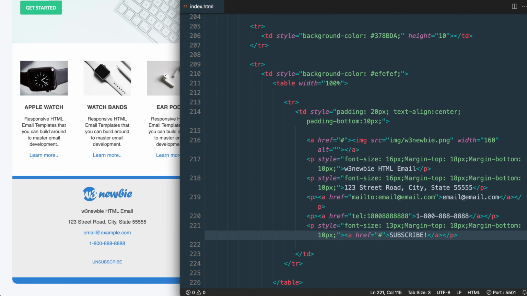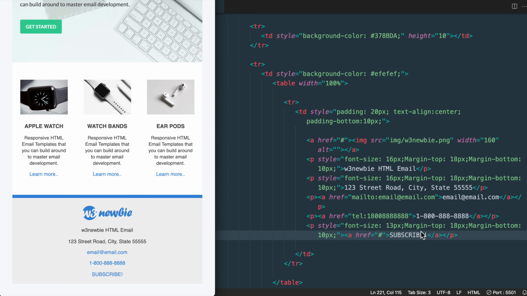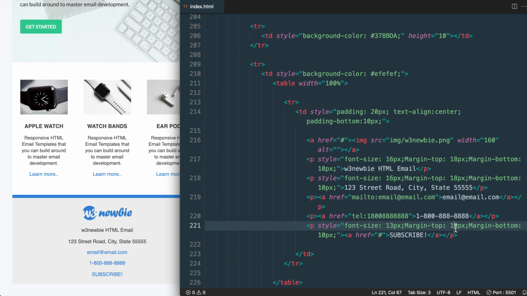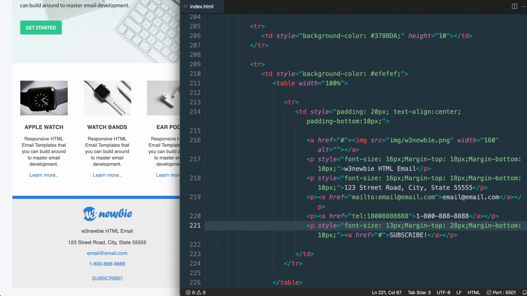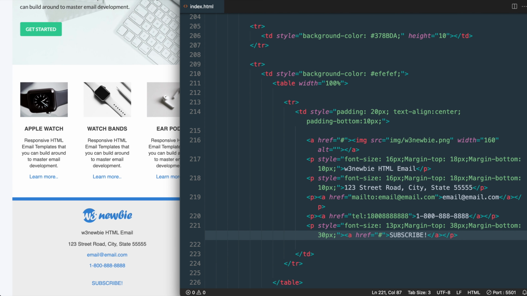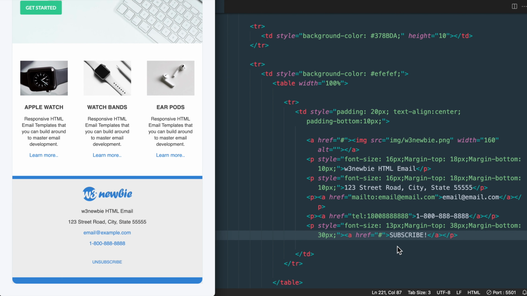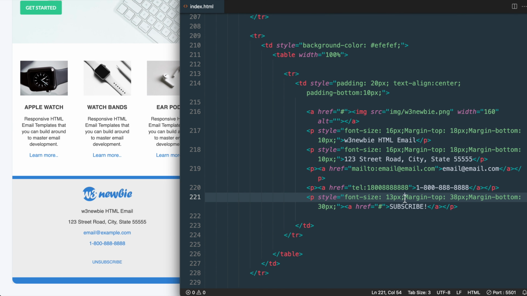So now if I save it and check it out in Chrome, there's the subscribe text. And I'll just add a little bit more spacing around it. And the font size here isn't changing. I think in the original I had it in a different table row and table data tag, but that's all right. So you can adjust that as you wish, but I'm going to move on to the blue border that